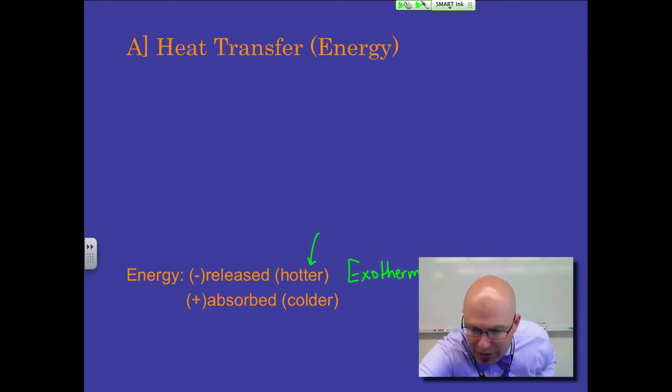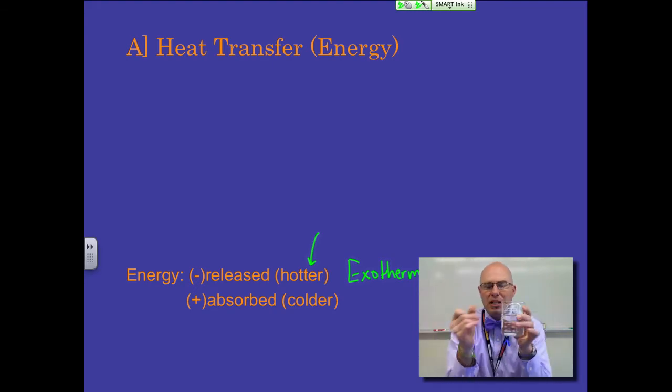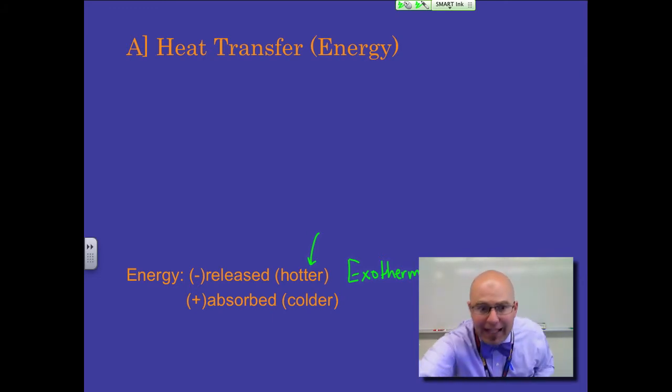So think of it this way. If I'm holding a beaker, and I put something in there and there's a reaction that takes place, and the reaction releases heat, then as I'm holding it, my hands are going to feel a lot warmer. Why? Because that energy is being released to the surroundings. My hand, being the surroundings, is going to feel warmer. If I have an absorption of heat, it's going to feel colder,